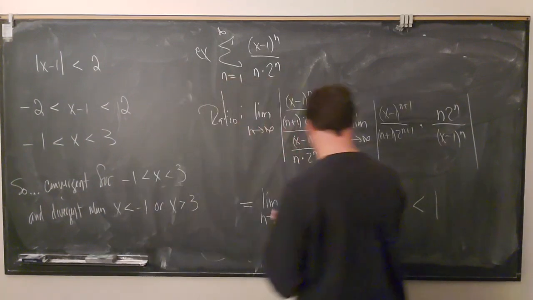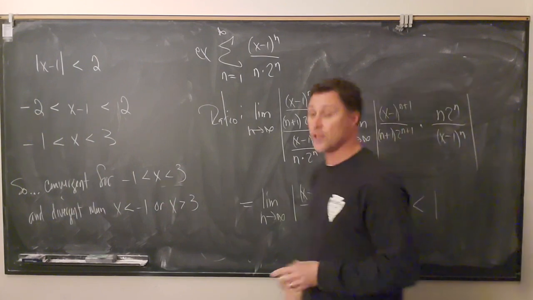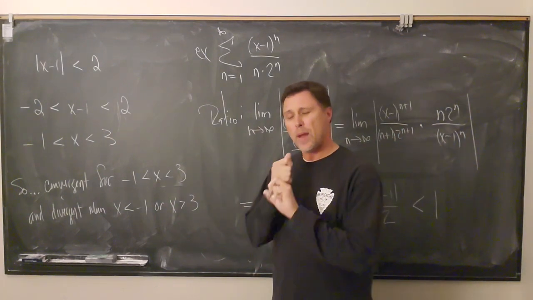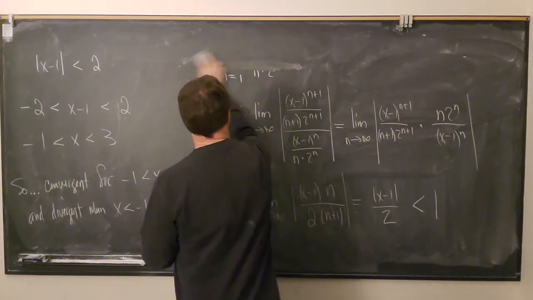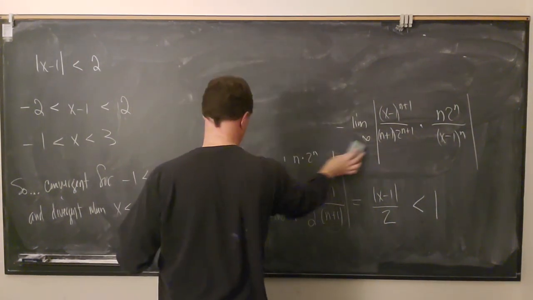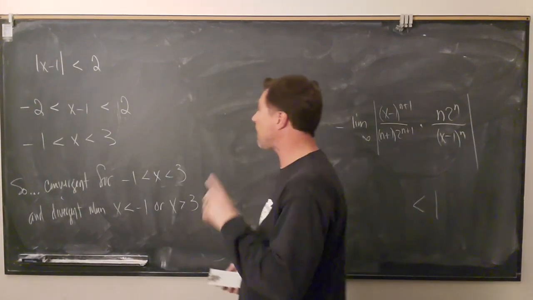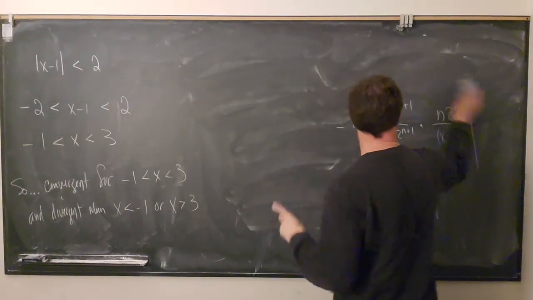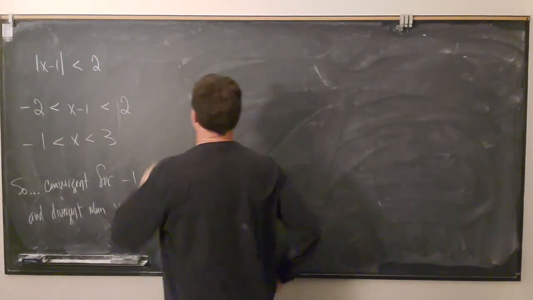If you take this limit when you're applying the ratio test and you get something greater than 1, then you know that it's divergent. Now we have to remember, the ratio test is inconclusive at the endpoints. I shouldn't call them endpoints yet, but it's inconclusive at the places where we would get a limit of 1. And so, we now